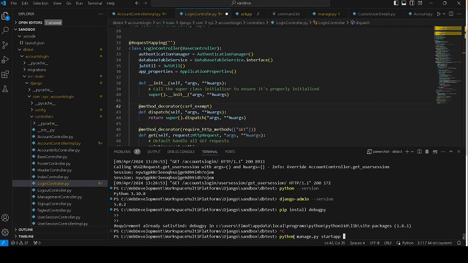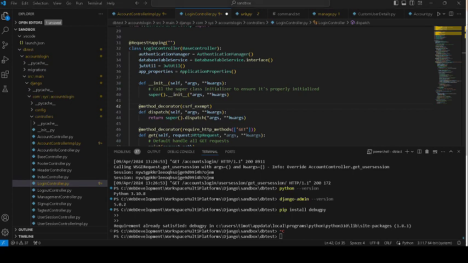Make sure that in your DB test project working folder there is the manage.py file. You have to use this file to create an app. So you can type your app name here and then create your application. In my example, I create an account login web application here,